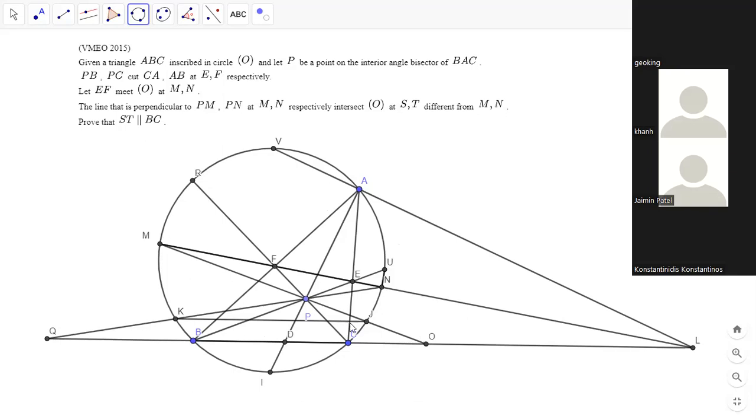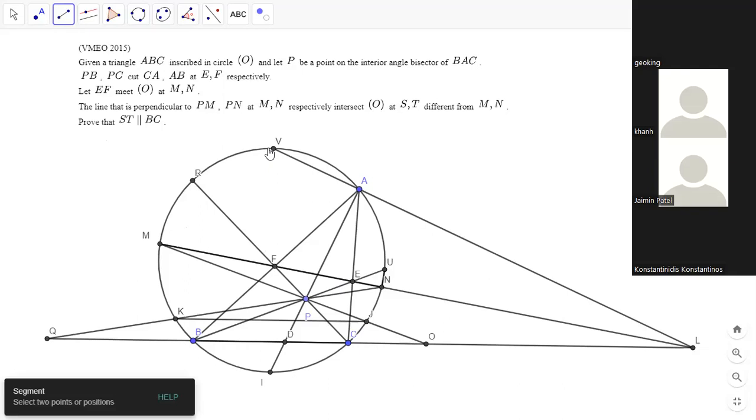Yeah, another way we could do it is, if we define M prime to be the intersection of VQ with the circle, can we show that M prime, E, and F are collinear? Well, yeah, I feel like it's,